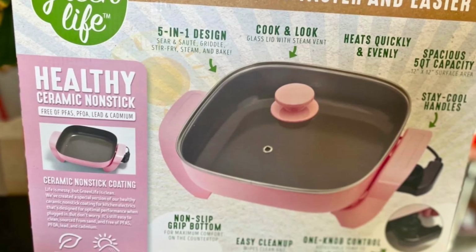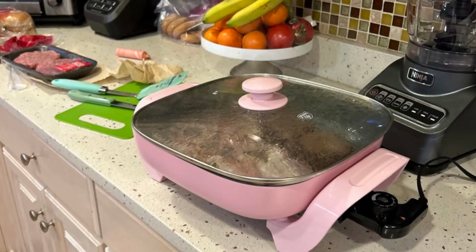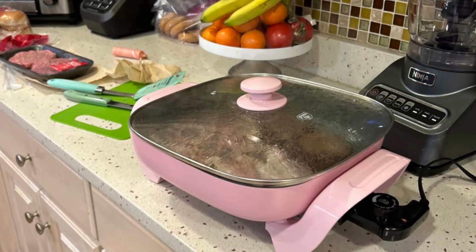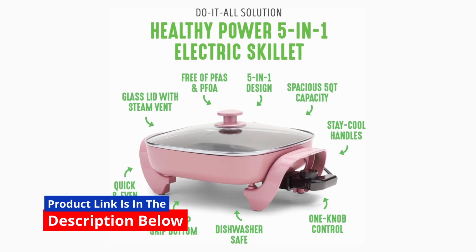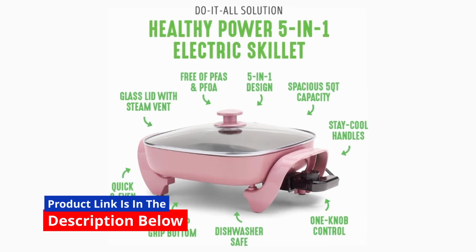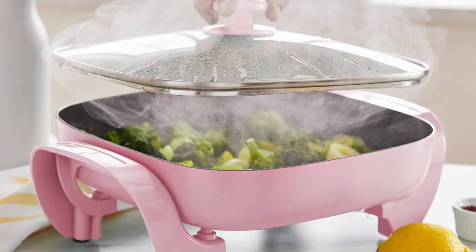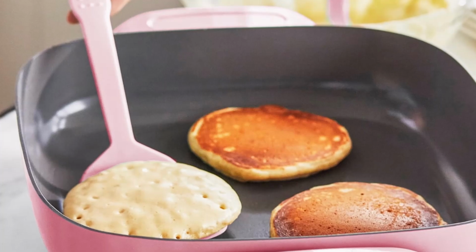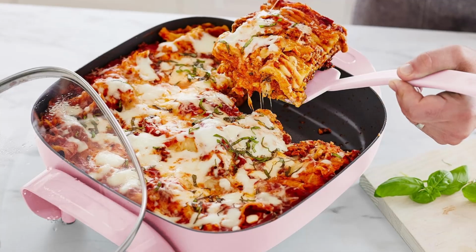Cooking is not just a chore, it's an art. Whether you're preparing a hearty breakfast, a quick lunch, or a gourmet dinner, having the right cookware can make all the difference. Enter this GreenLife 12-inch, 5-quart square electric skillet, a versatile, stylish, and highly functional kitchen appliance designed to elevate your cooking game. In this review, we'll dive deep into its features, benefits, and why it's a must-have for